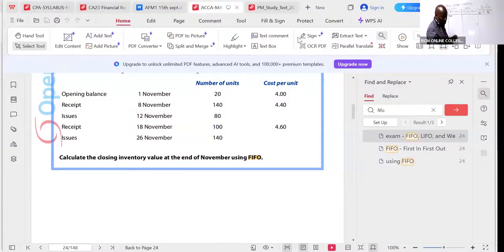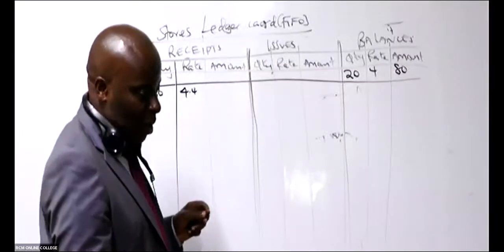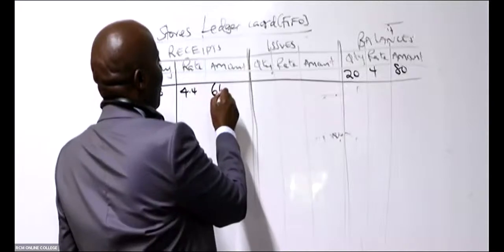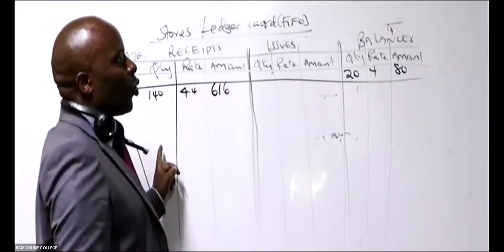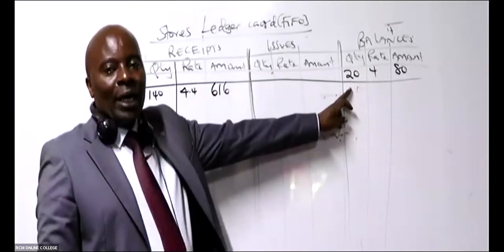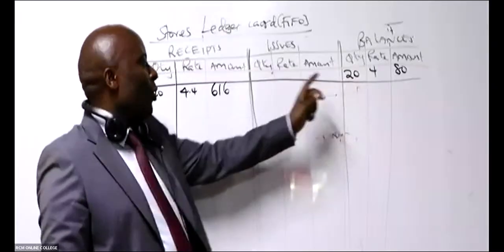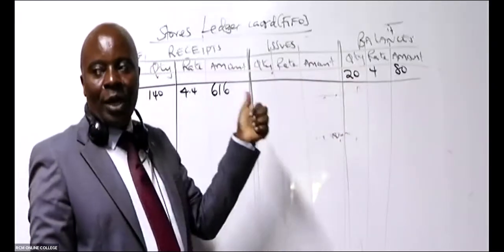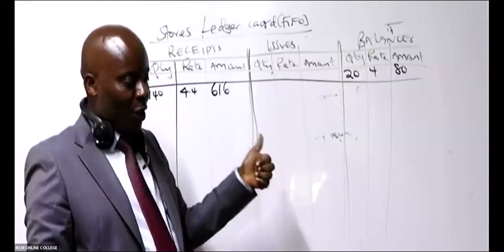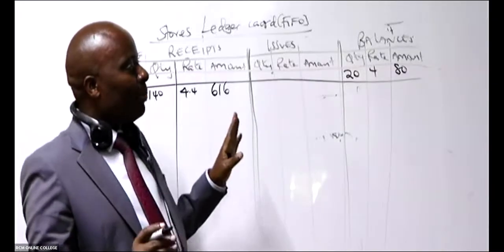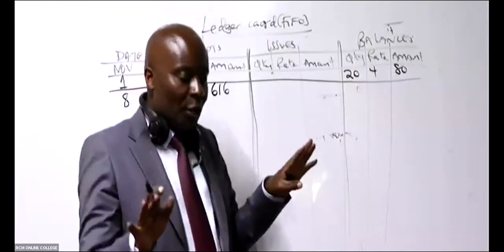616, eh? 616. So there are two ways. You could update your new balance now, because if you had 20 and brought in 140, you can say we have 160. That's a bad approach. The best approach is to update the balances in accordance with the stocks that you